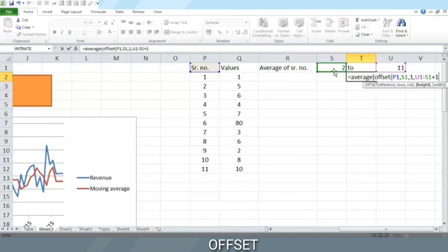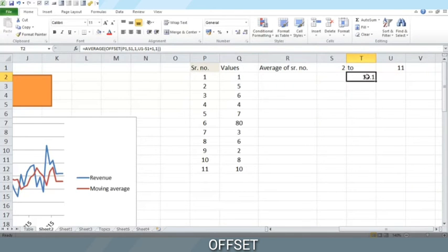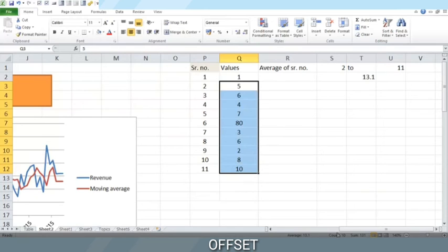But 11 minus 2 will give us 9. So this difference takes it 1 lower than what we want. So it is a serial number. So we cannot just directly add a mathematical difference and say that that is the number of numbers that we have there. And the width is within one column we are finding the average. We put 1. We have the answer 13.1. Simply drag and select and see here. Count is 10, sum 131, and average of selected is 13.1 as we see here.